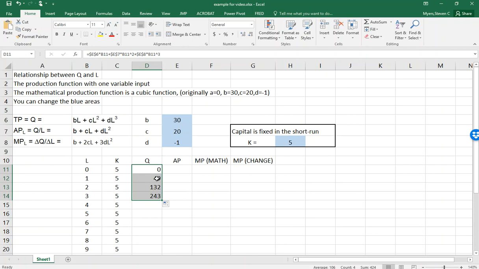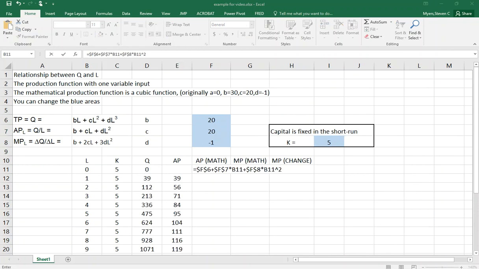So if I want to go back and make this number a 20, you want B to be 20, notice that I'll type it in, press enter, watch the numbers on the Q, they've all recalculated. So I can change the parameterization of this cost function as long as I stay in the mathematical world of a cubic function. That's what we're going to do here. So give me a moment and I will,